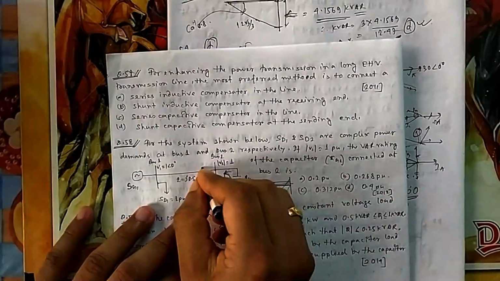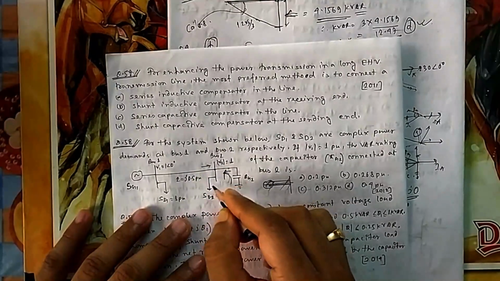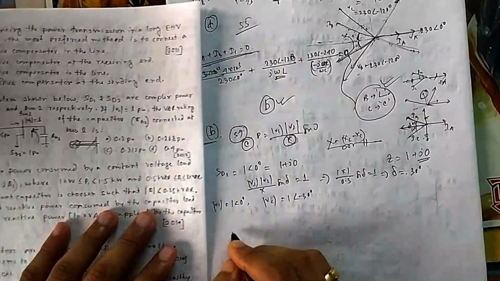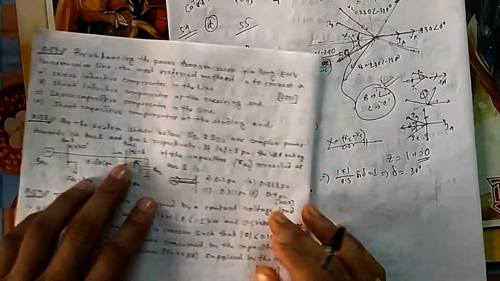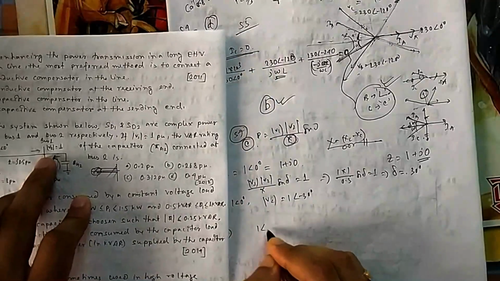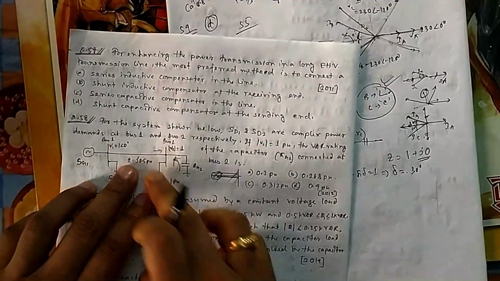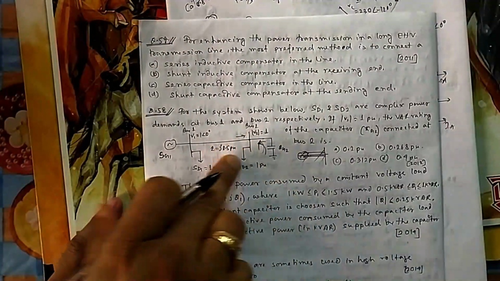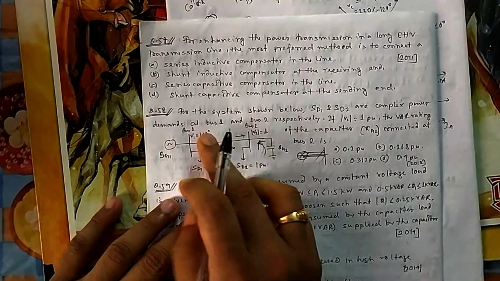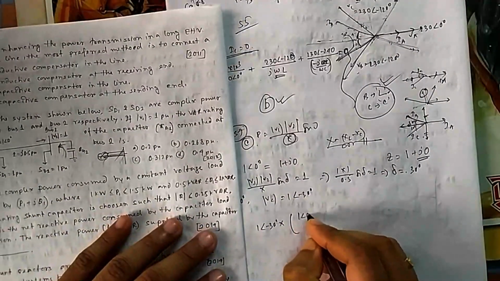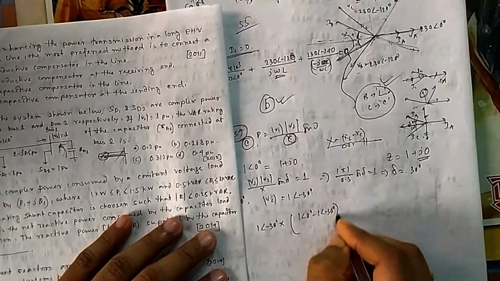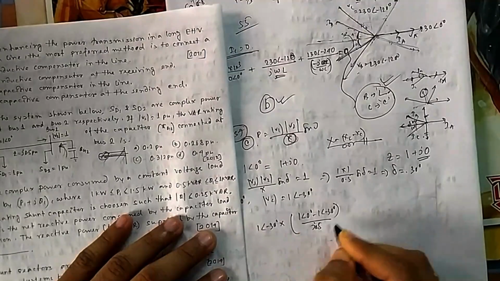So the power that is coming, and let me take this power also coming. Coming power plus coming power equal to going power. You can use this one. What is the power that is coming from this side? That is voltage into current. So V is 1 angle minus 30 into current. What is current? This direction current: this minus this divided by this. You have to be careful about this direction because I am taking power coming. So 1 angle 0 minus 1 angle minus 30 divided by j0.5. But you have to take the star of that one, that is VI star.